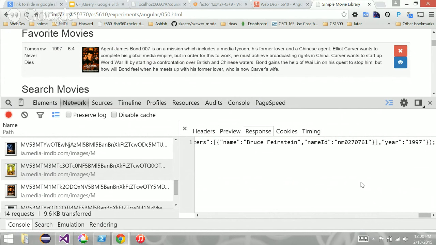Typically, that first search is just a summary, just a list, maybe just titles, maybe directors, just some summary information. So you get two different URLs for two different things. One is a search with a summary result, and then the details for that particular ID, for that particular movie.